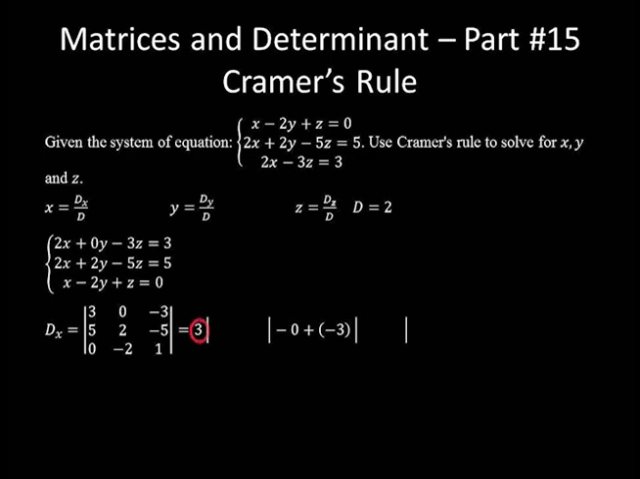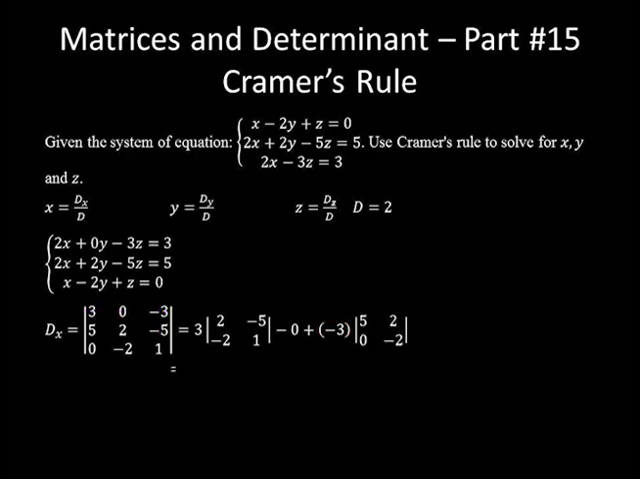This 3 is in row 1 and column 1. Crossing these 2 left us with 2, negative 5 in the first row and negative 2, 1 in the second row. Negative 3 is located in row 1 and column 3. Removing the first row and third column gives us 5, 2 in the first row and 0, negative 2 in the second row,